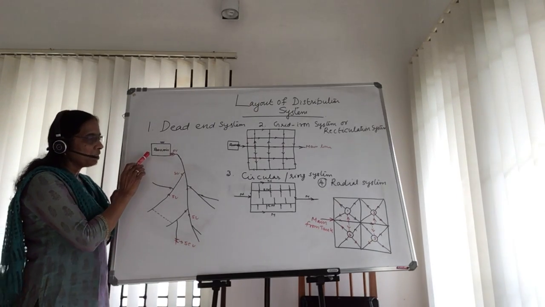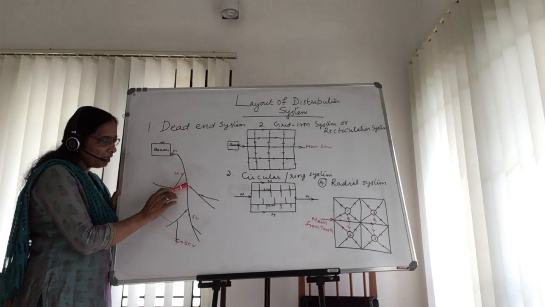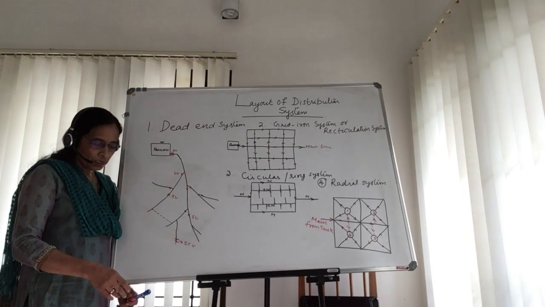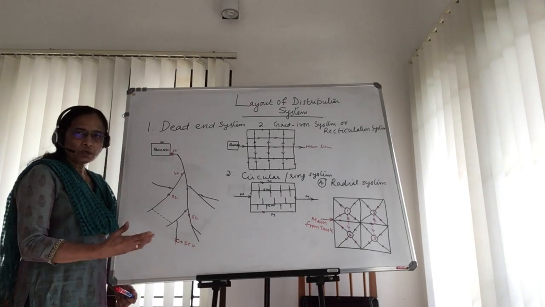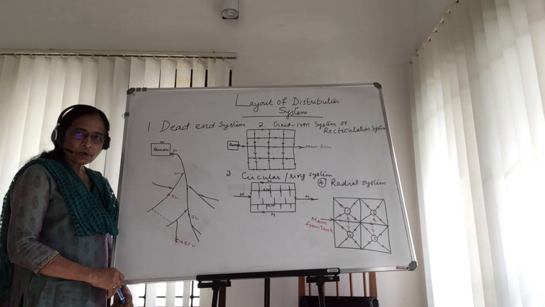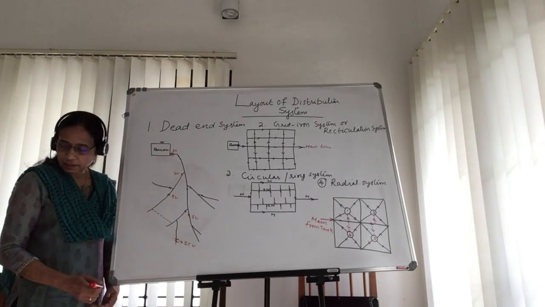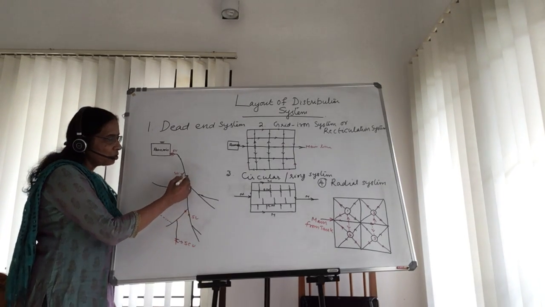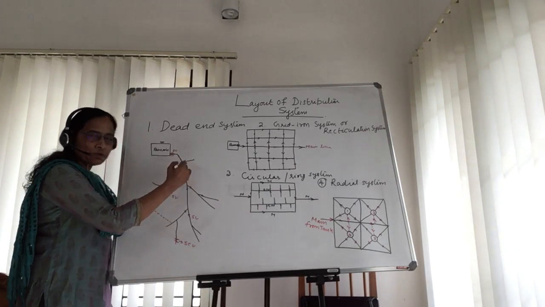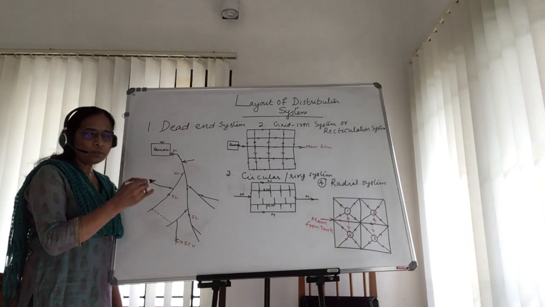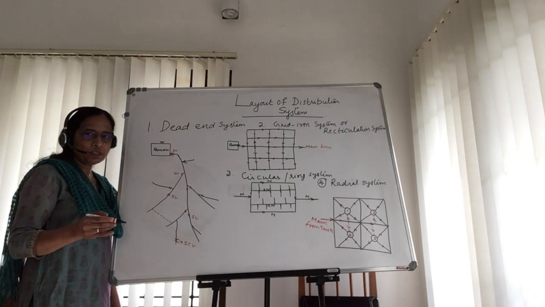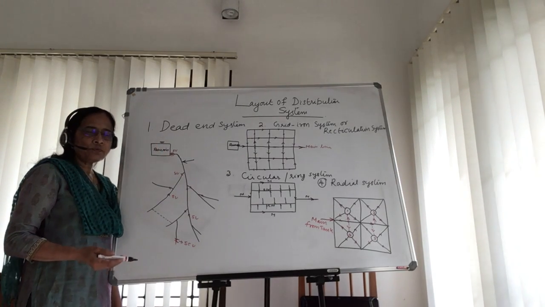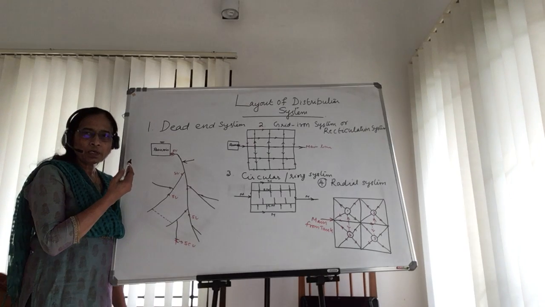Here you can see this is our reservoir. We are laying a main line through the main street or through the center of the city, so that from that main line you can take the branch lines. So this is our main line, which usually we propose along the main street or through the center of the city.